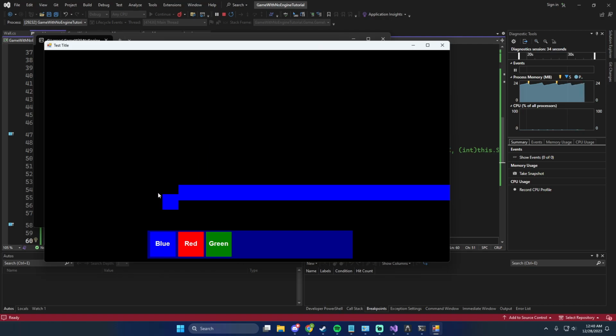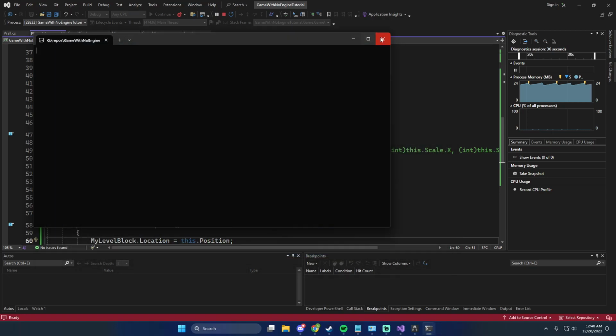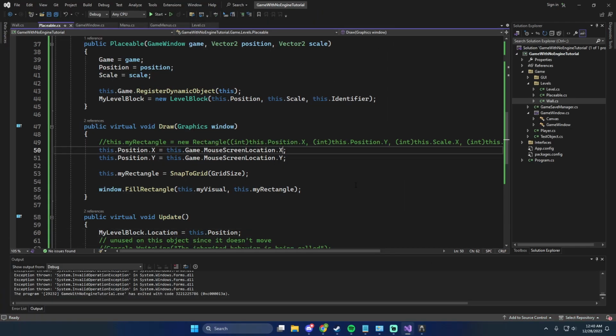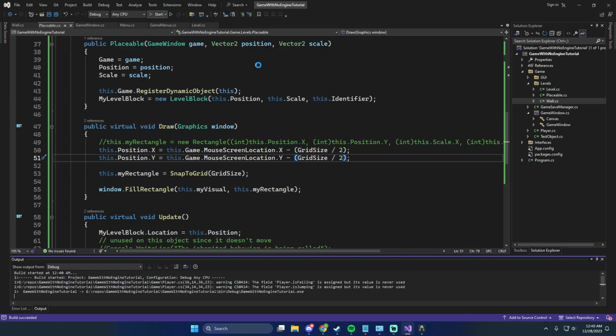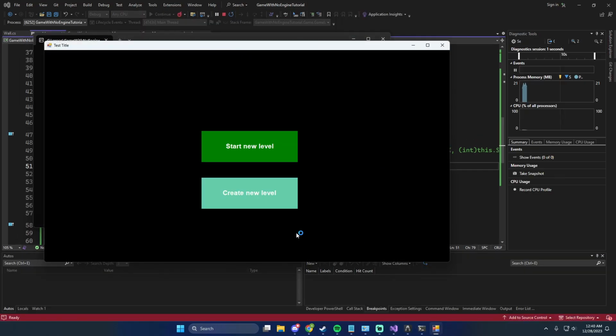So what we can do is say, out of this, we can say minus grid size. So this will subtract the full cube. Now it'll be on the other side of the mouse or one block further away. We just divide that by 2. And I want to put that in parentheses because I want that to be calculated first. So right now I'd say minus 25 because our grid size is 50. So if we go in and do this now with grid size divided by 2 for the x and y,